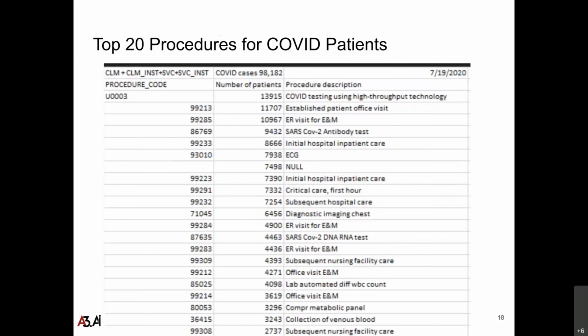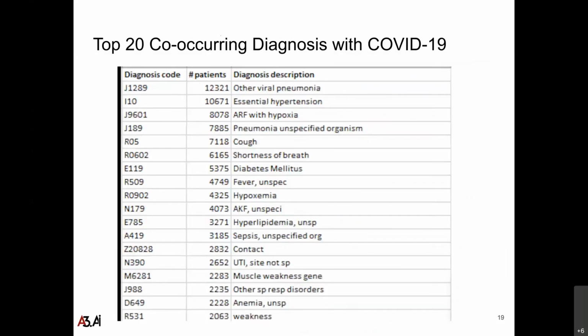This is early discovery. So we pull out the top 20 procedures of COVID-19 patients. Again, not going through the details, but these are not very surprising and are in line with the literature. Here are the top 20 co-occurring diagnoses with COVID-19. Again, this is not prediction. This is just descriptive analytics. Hypertension and all that stuff. One of the aims of our project is to validate or invalidate these popular beliefs in the literature. The second part is to do machine learning, deep learning, to hopefully uncover previously unknown insights. So this is future work.